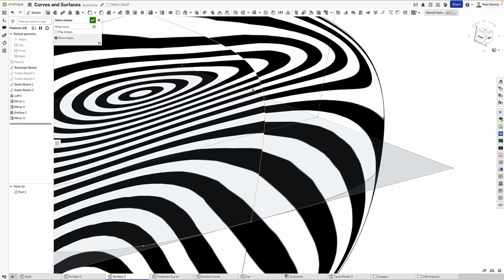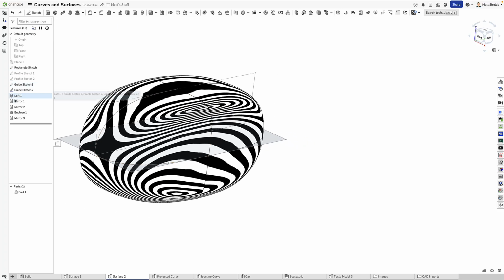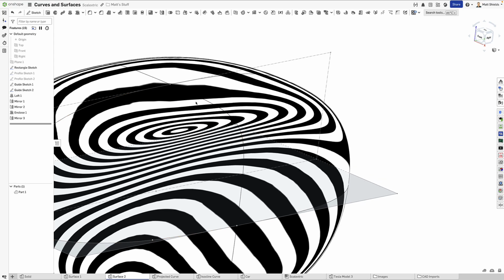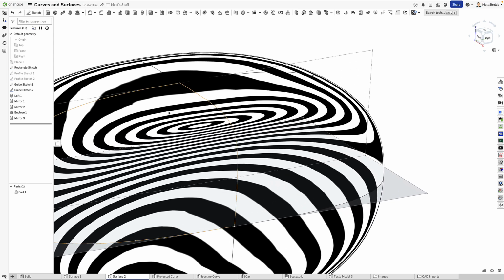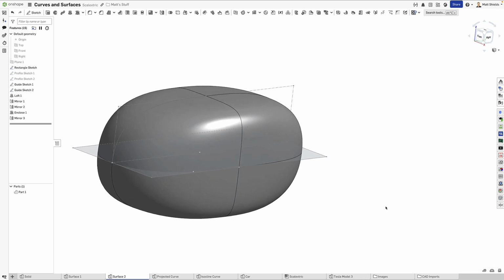Now in the back, I can see there's a little bit of discontinuity. That probably is coming from my loft again. And so my start profile, which is that one on the far right, if I start that normal to profile, that should smooth out that shape right at the beginning. And then when I mirror it, I've got nice continuity. So I've created a good looking shape. And so if I turn off zebra stripes, I can see that I've got a really nice smooth shape here